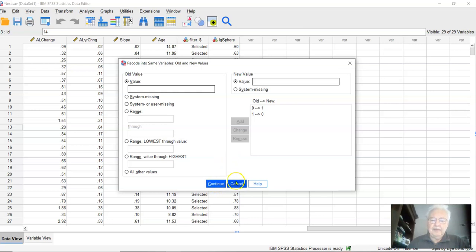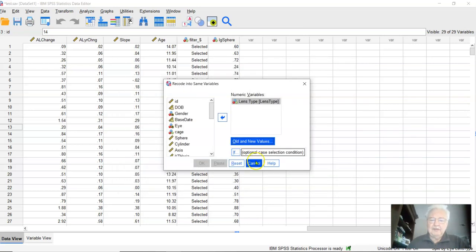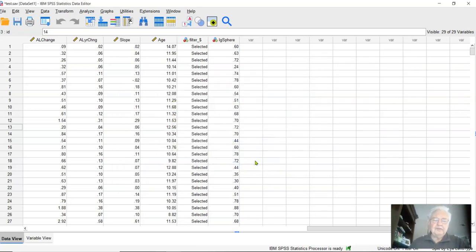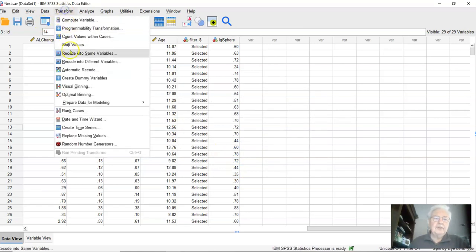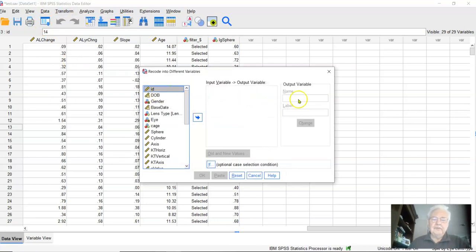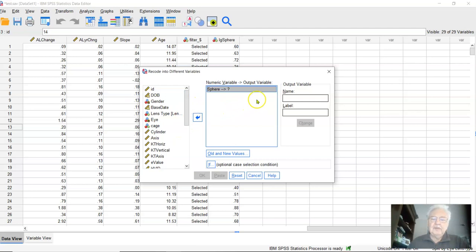Okay, I'm not going to run that. I don't want to confuse myself later. So there you go. You'd also have to change the labels. So that was recode. Recode into a different variable is the same sort of thing. But you go over here and you put in sphere, and then you can give it a new name, new sphere,